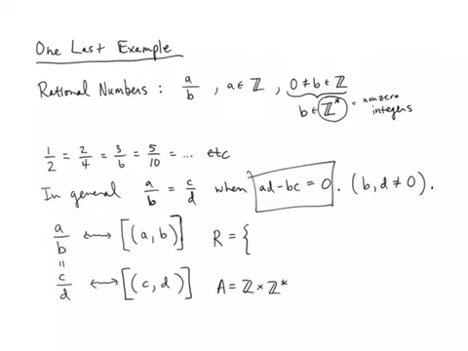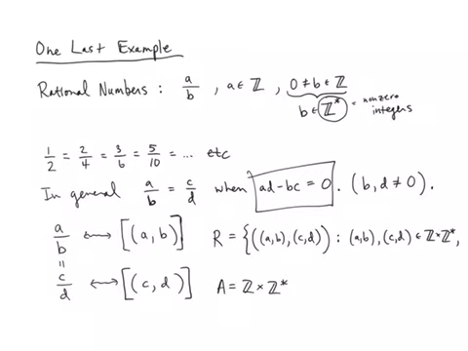All right, so our R is going to be pairs from A. So what we're going to have is a pair where each element of the pair is a pair from Z cross Z star. So we have pairs A, B, and C, D, such that A, B, and C, D are both elements of Z cross Z star,